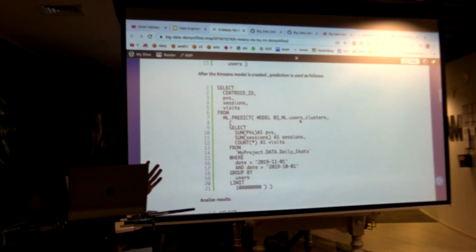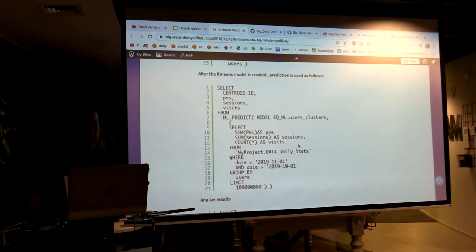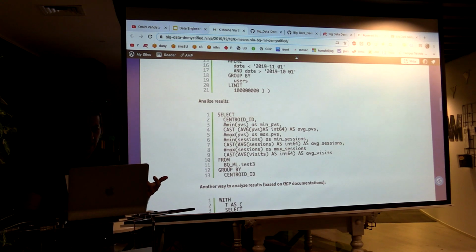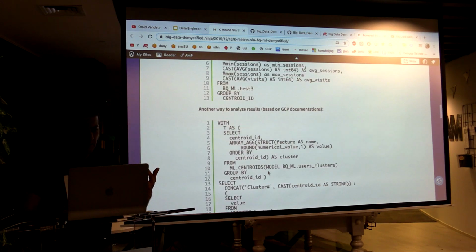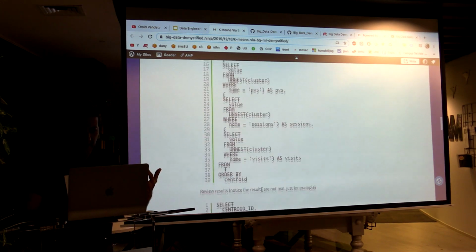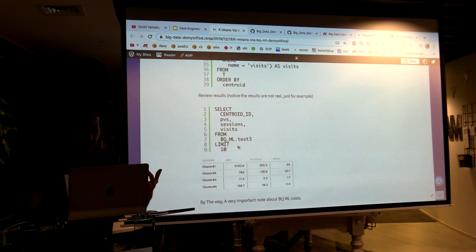It took 1 month. After the model was created, I ran the model on the following month. I limited the results because I didn't want to do something expensive at the POC level. And I started analyzing the results. It was relatively a fast process. There are many ways to analyze it. And the end result was something like this.